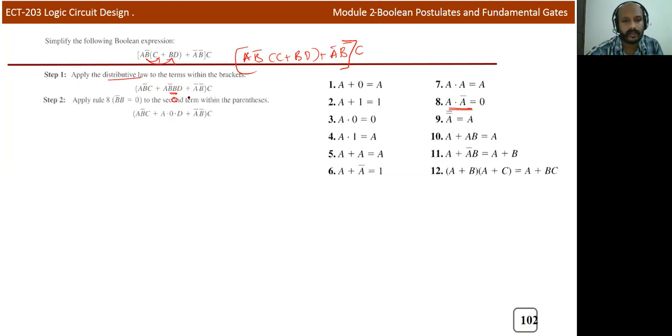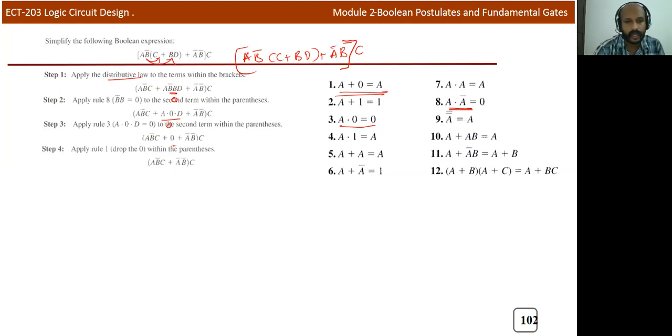And if one term is 0, and you perform an AND operation with a 0, a dot 0 is equal to 0, so the entire term will be 0. And now you can see that she already explained that. So here you will get 0. If you perform an OR operation with 0, you will get exactly the same. So you can reduce this particular term to 0. Now within the bracket, a b bar c plus a bar b bar and into c.